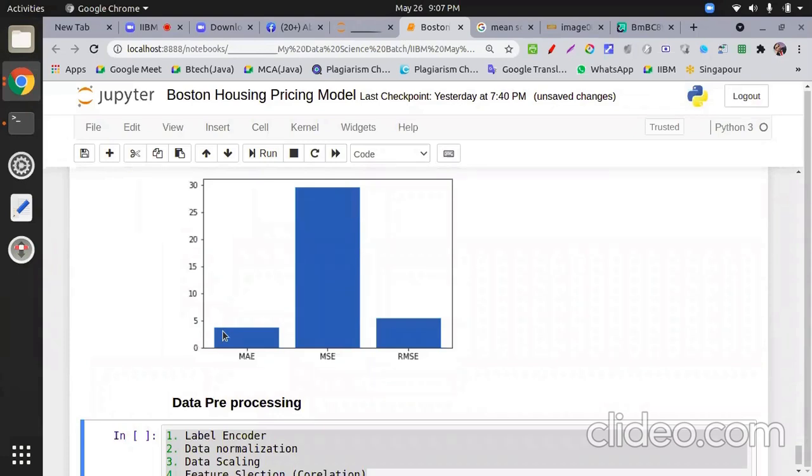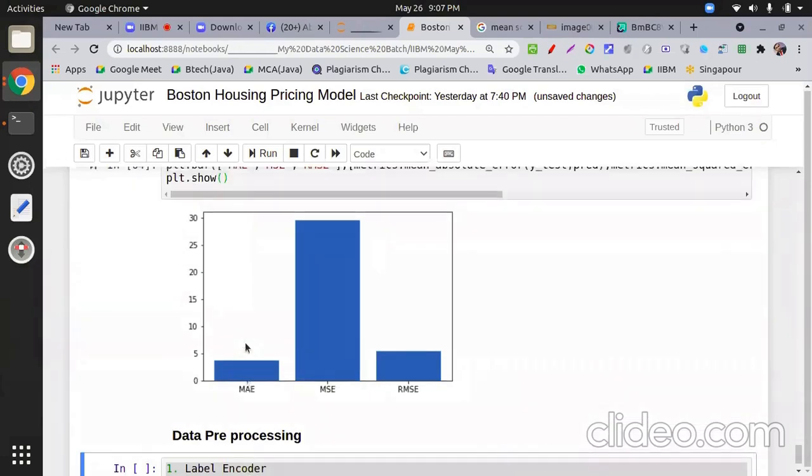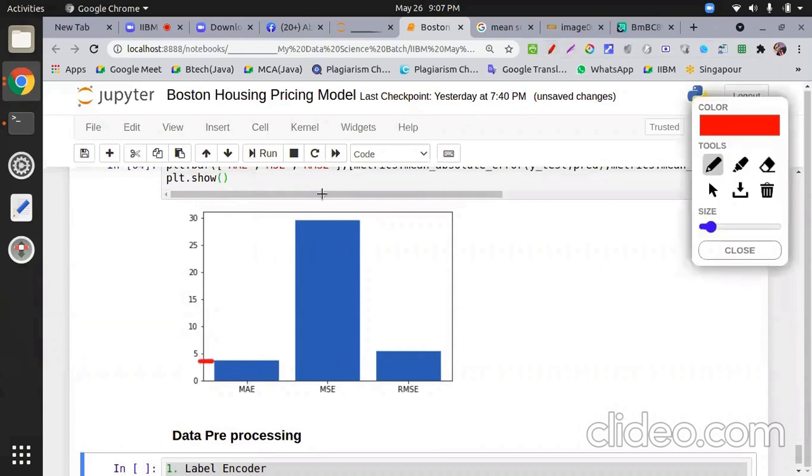Please put your question clearly. I'm not getting what you want to ask. No, sir, what we are getting from this graph, what amount of error it's generating. It is not showing very high error. Okay, means you want to compare. You don't want to compare with another model till now.